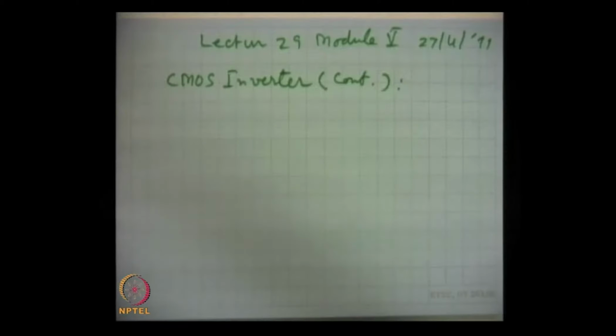We continue our discussion on CMOS circuits. Just to remind you, CMOS stands for complementary MOSFET circuits. In CMOS, we have PMOS and NMOS simultaneously present on the chip. These are very widely used circuits, and the most advanced circuits are actually CMOS circuits, and there are two basic reasons for their